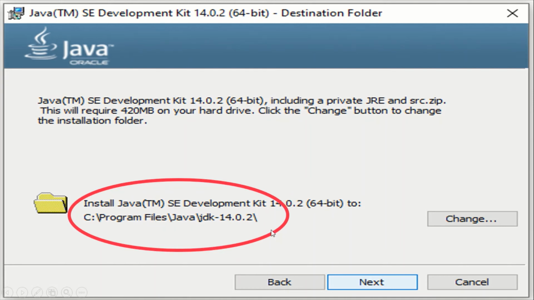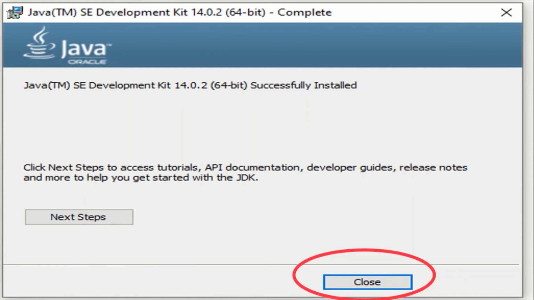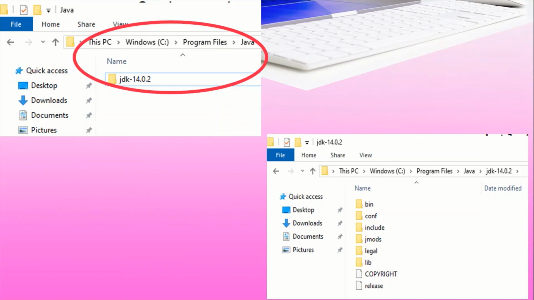Click on next. Now it will be downloading and installing all your files in your computer. Then okay, click on close. If you want to see the tutorials, API documentation, or developer guides, you can click on the next steps, but I simply press the close button. So now Java is installed. Where? C drive, program files, Java, JDK